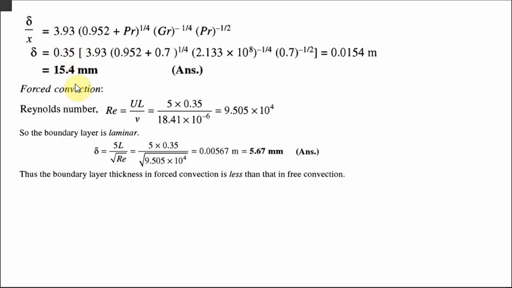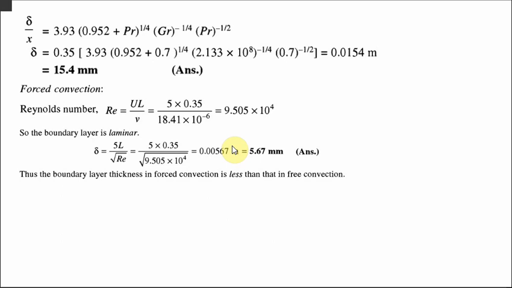Next case is forced convection. So also we need to decide whether the flow is laminar or turbulent. For that, first we need to calculate the Reynolds number. It is flow over a plate. So it is coming below 5 lakh. Definitely because of that the flow is laminar. So for a laminar boundary layer, we know 5x by root of Re is the boundary layer thickness. So this is the value. So we got the value like this.